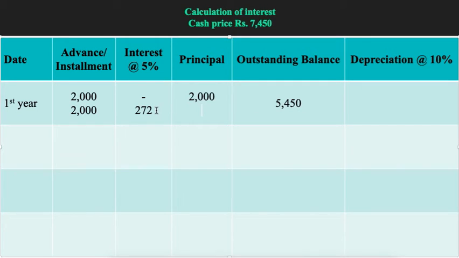When 272 rupees is the interest and 2,000 is the installment, then what is the principal amount? It is simply 2,000 minus 272. If we do it, we are going to get 1,728 rupees. Fine. Now what is the outstanding balance here? So the outstanding balance would be 5,450 minus 1,728. When we do it, 5,450 minus 1,728, we are going to get